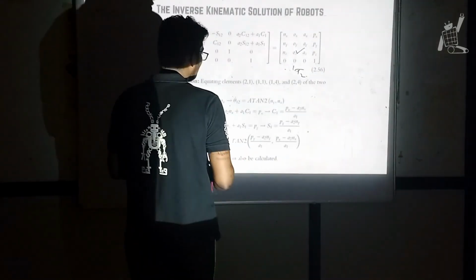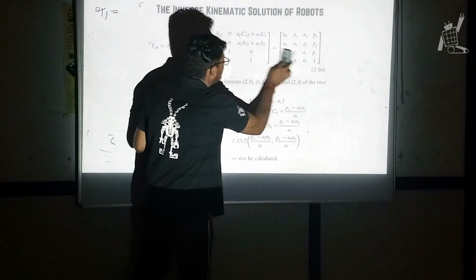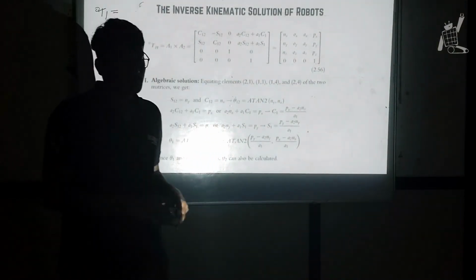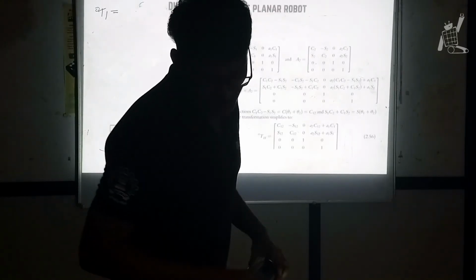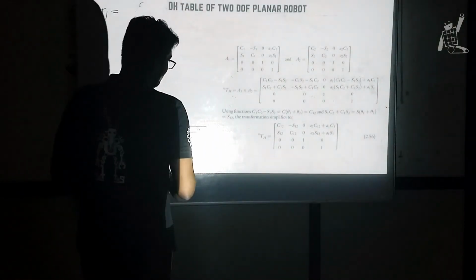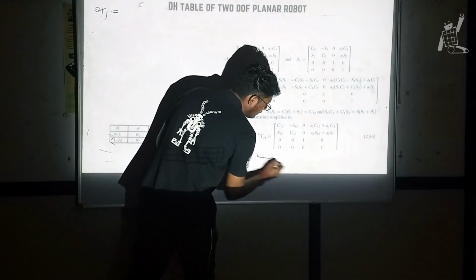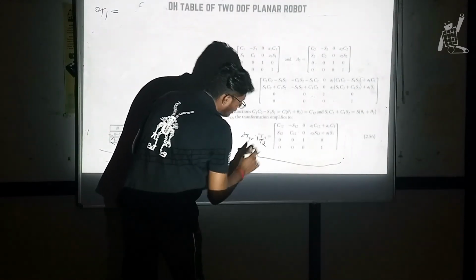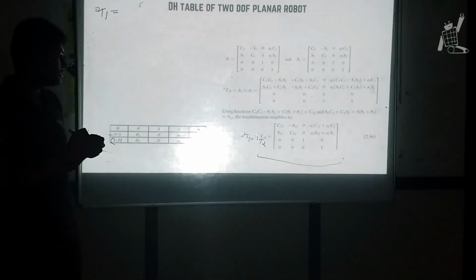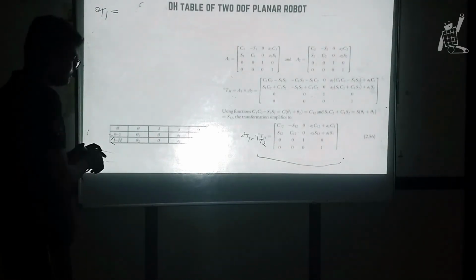Now we can go with the inverse kinematics. One more thing. So now we have the final matrix, right? From this, 0T1 multiplied by 1T2. And 0T2 is the final transformation matrix that we have. So in order to